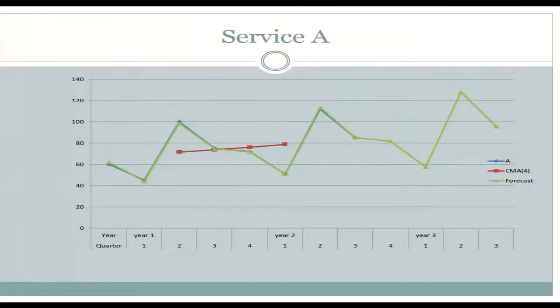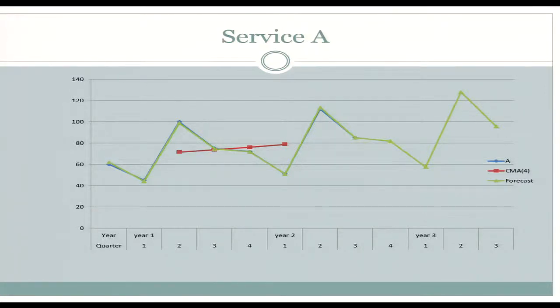What are the alpha and beta you used? Pardon? Alpha and beta for the trend adjusted smoothing method. What's the value of alpha and beta? I had my data in my paper,